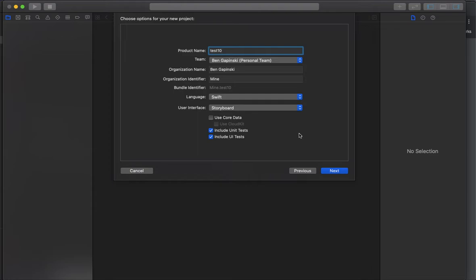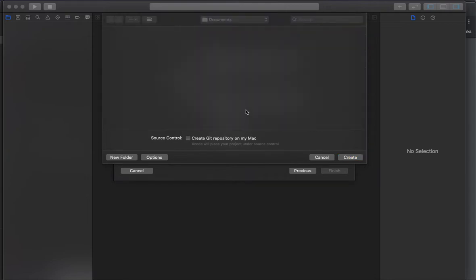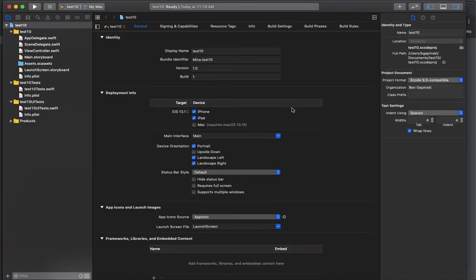SwiftUI, again, it should be easier to use, but right now we have the textbook that uses this storyboard mode. So let's do this. One thing I want to show you here, create the place for it to make the code. One thing I want to show you real quick is what it's going to have you do, the first few steps